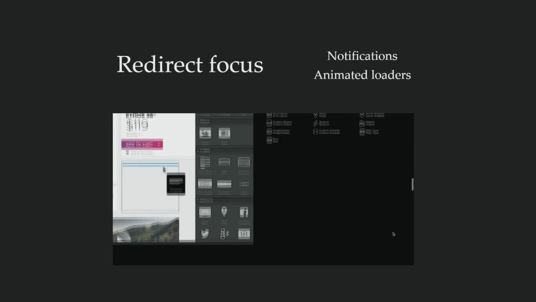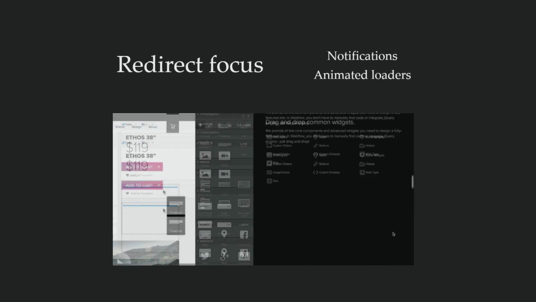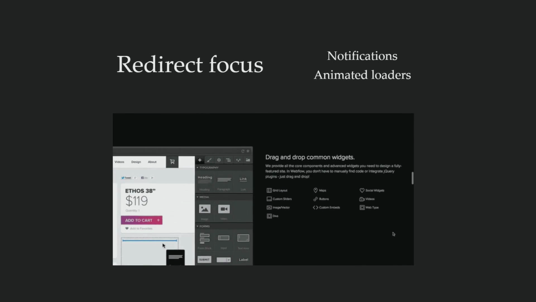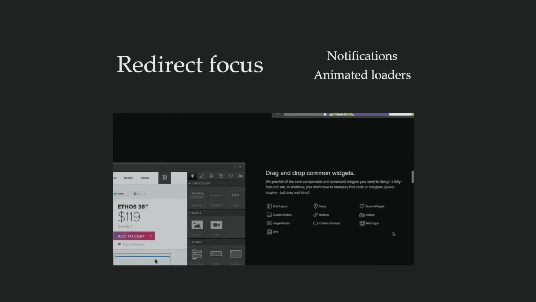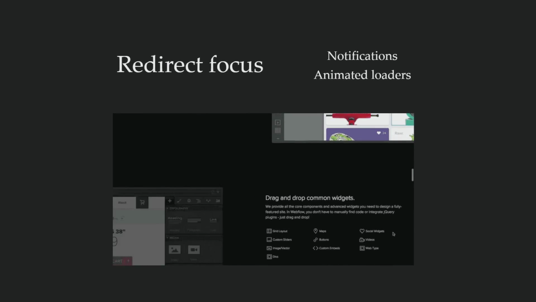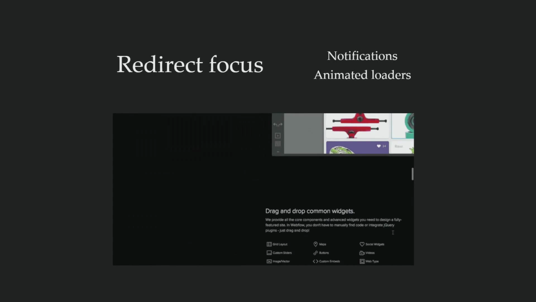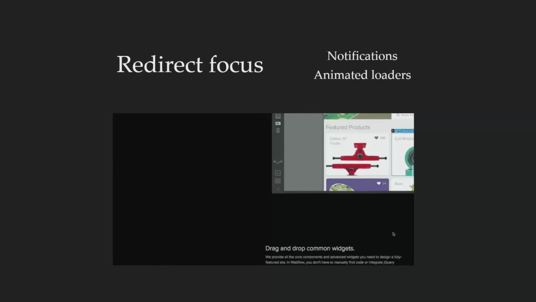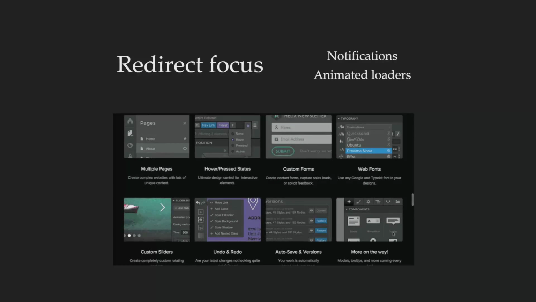So the next big reason we have animations is for redirecting focus. This could be a notification, an animated loader like the ones we saw on the screen before, or it could be something simple like this, just the next elements in the page being faded in and shown as the page is scrolled. Even though it's vertical and follows convention, it still helps the user focus on the next content to be read, and helps them realize that there's more content to be seen and not just something static.